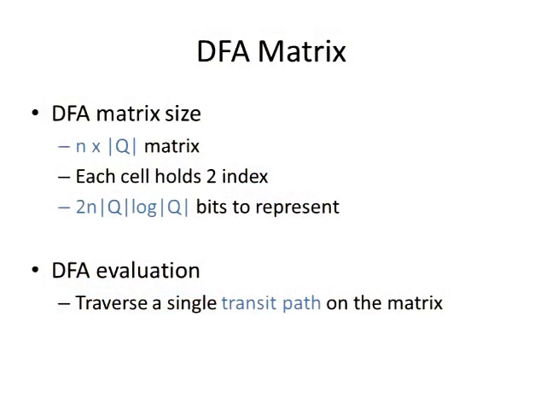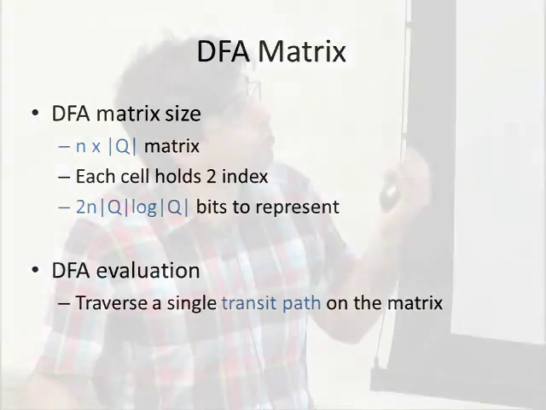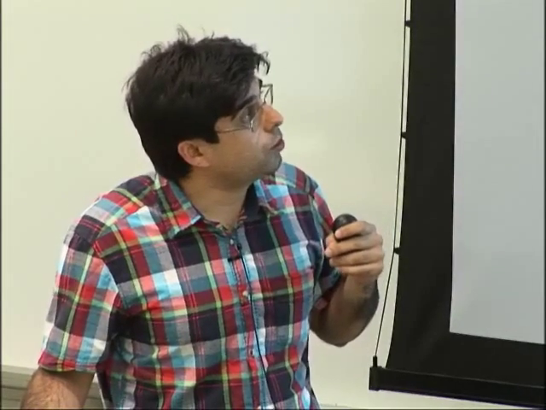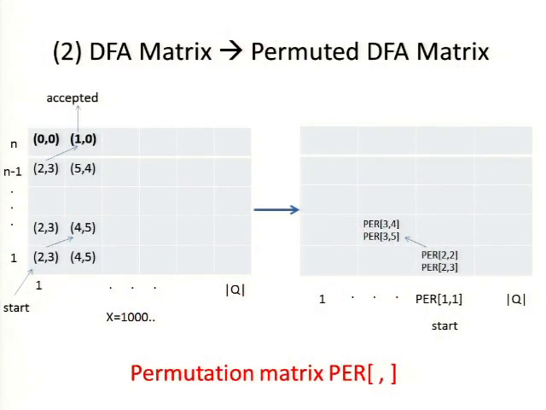So far, the DFA matrix is of size n times q. Each cell holds 2 indices, so you get 2nq log q bits to represent the whole matrix. Log q is for the indexes to the next row. Essentially, you need log q bits to represent each index. And then evaluation is just traversing a single path on the DFA matrix. Okay, so the next step is